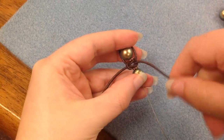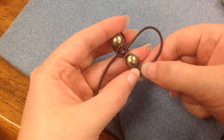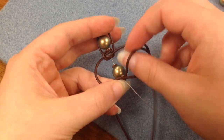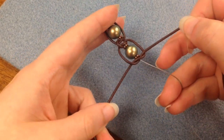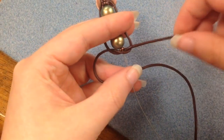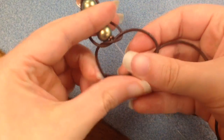So I'm going to start with this side. I started with the other side before, so I've made my little loop. I'm going to bring this over the tail end, whoops, behind the jeweler's wire and up through the loop. And so now I'm going to take this side, bring it over the jeweler's wire. This side is going to come over the top of the tail end, behind the jeweler's wire, and up through